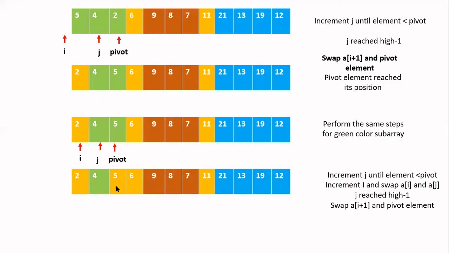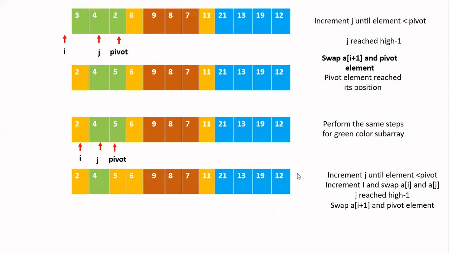Now the element 5 has reached its final position. If I consider the green color subarray, it has only one element, 4. So I have to stop the process of quicksort now. The recursive calling should be stopped because the new subarray contains only one element.